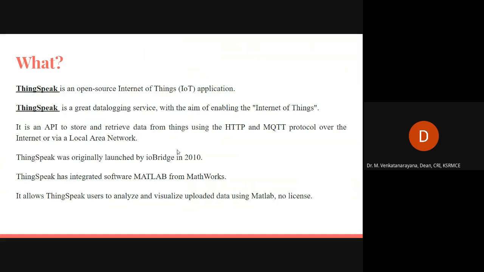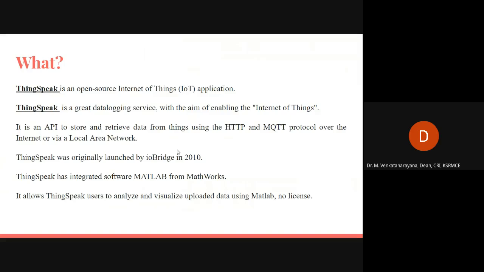It is an open source Internet of Things application or a great data logging service. It boosts the Internet of Things applications. It is an API to store and retrieve data from things using HTTP and MQTT protocol over the Internet. It was originally launched by IoBridge in 2010.